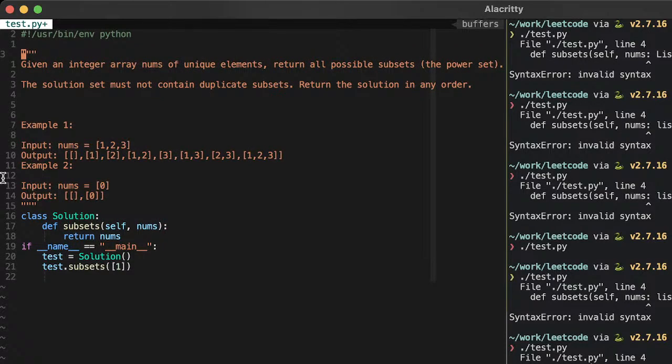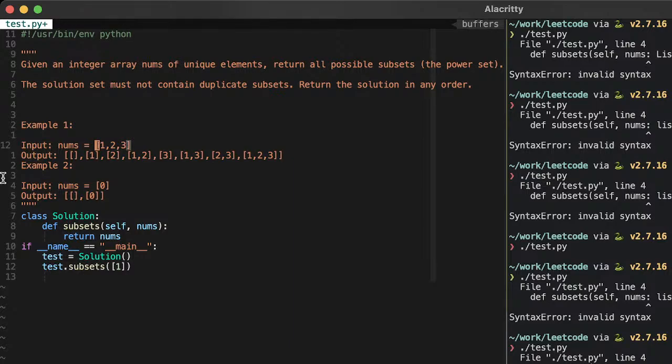So, given an integer array nums of unique elements, okay, unique elements, return all possible subsets, the power set. The solution set must not contain duplicate subsets. Return the solution in any order. Okay. The empty set, each one individually, all pairs.